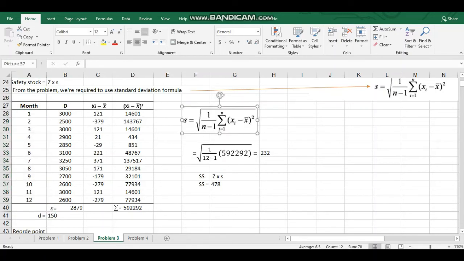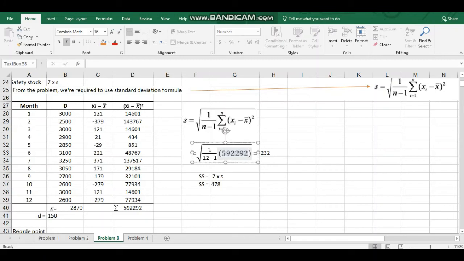In this case we have 12 months, so n is 12, and then minus 1, and the sigma of (xi minus x bar) to the power of 2 is this number. So just put this number in, and finally we calculate this equation, and we got 232 as our standard